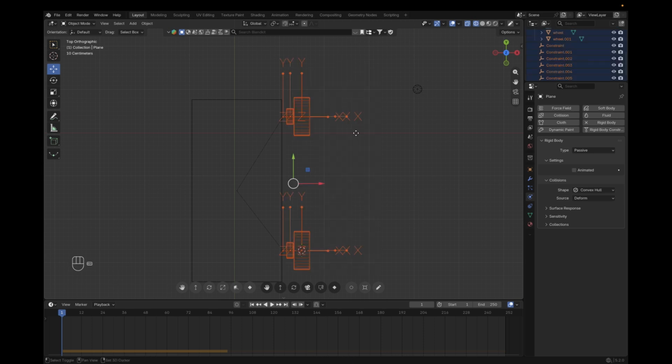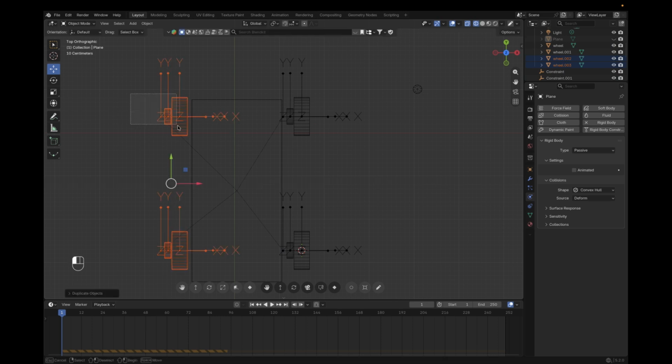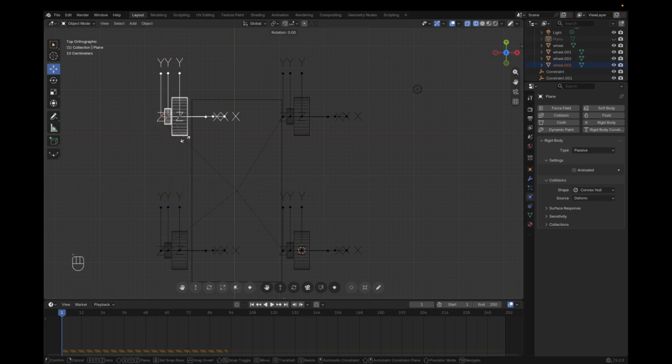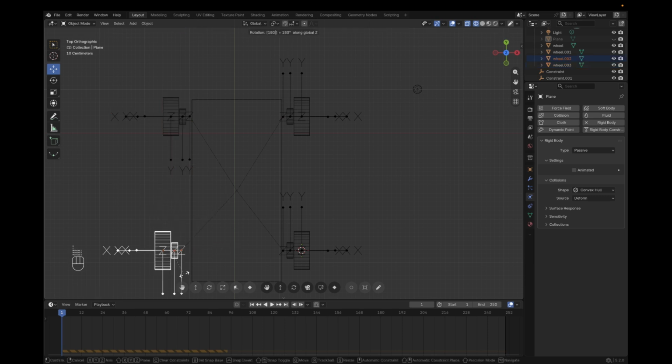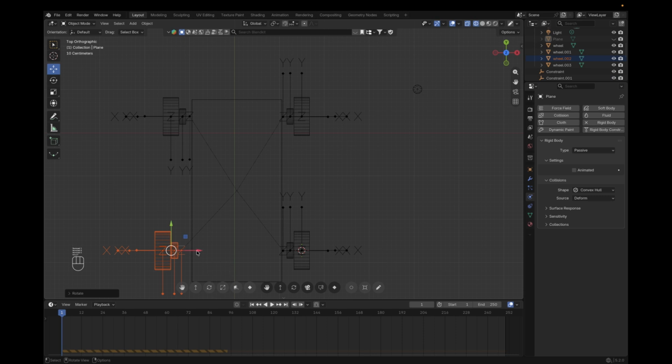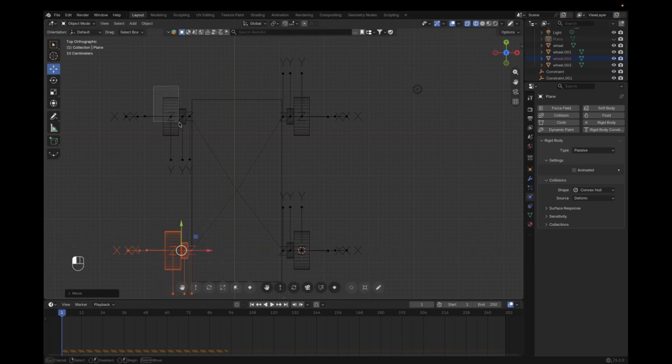and then just select these tires, Shift D, bring them to the side. So Shift select this first and R Z 180, bring it closer. Same here, R Z 180, bring it closer. So if we simply just run it and see what happens,